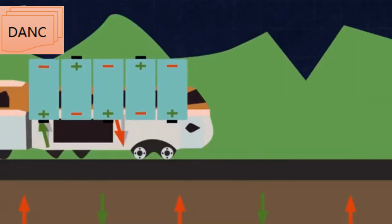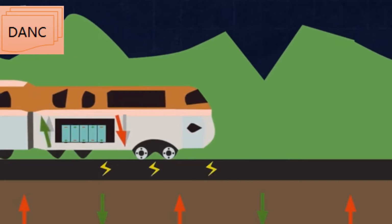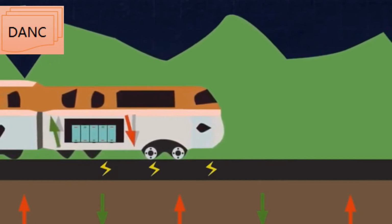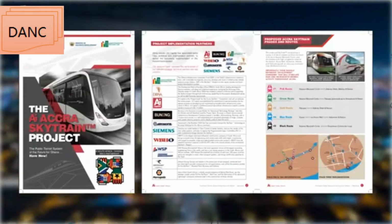The train track is a permanently electrified rail. This supplies power to the coiled magnet unit in the base of the train carriage, called the linear induction motor. By turning on alternating positive forces, this pulls the unit forward along the track. By using the same mechanism to create negative forces, this also creates a stopping motion which helps to act as a brake. Going beyond its functionality, the Accra SkyTrain is exactly what the development doctor ordered, because the fact is,